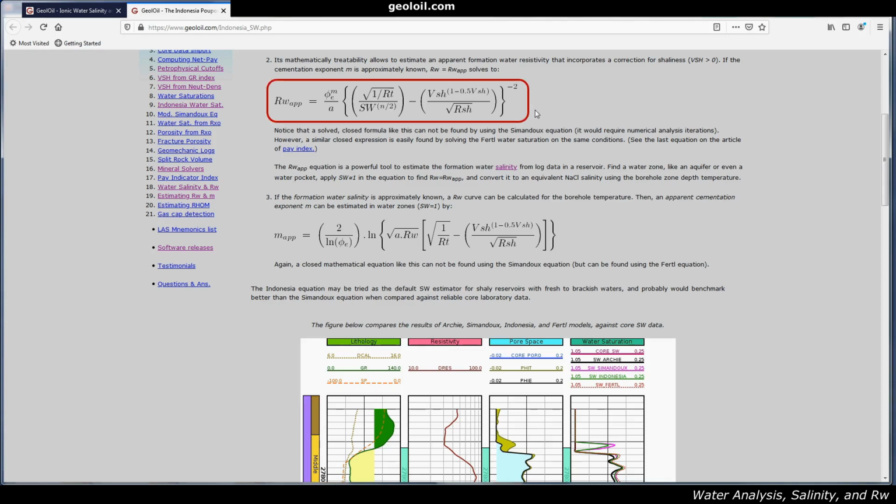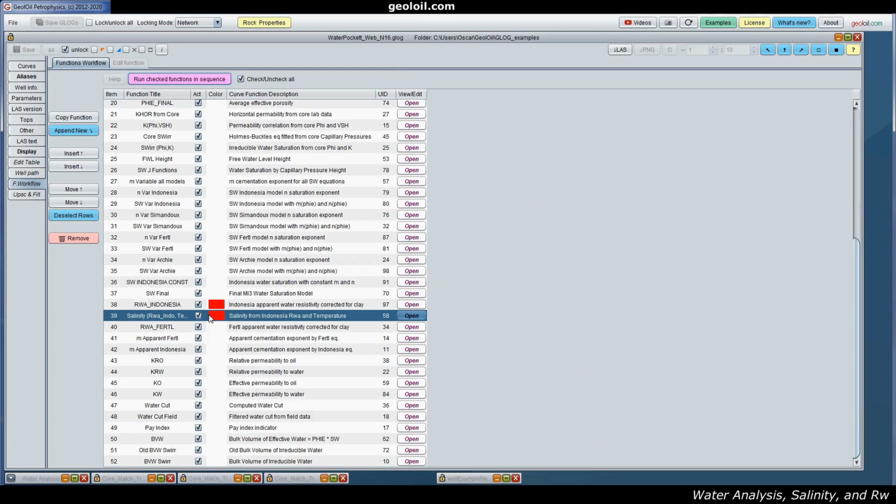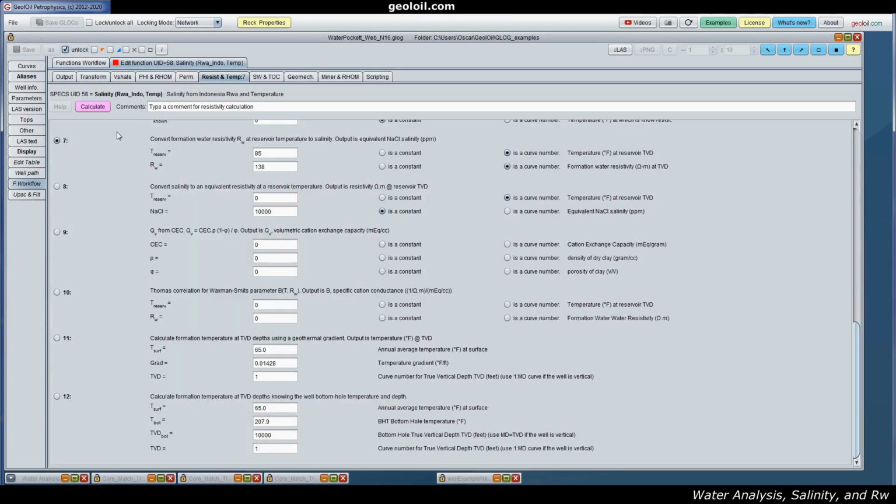And if you have a water body, then the apparent water resistivity gives the same value of the correct RW, the formation water resistivity. Once you identify a water body or a water pocket with low shale, and if you have high heterogeneity on porosity, even better, then you can compute right away RW. Compute this. And then when you have RW, you go to the next equation, which is salinity. This is the equation. So you have to have the temperature of your reservoir, and you put the formerly computed RW, which is the apparent water resistivity in a clean body, and that gives you right away the salinity.